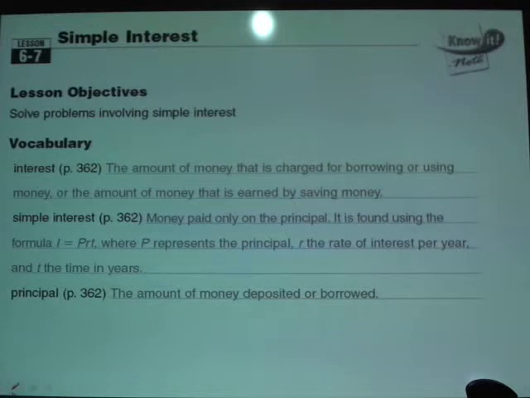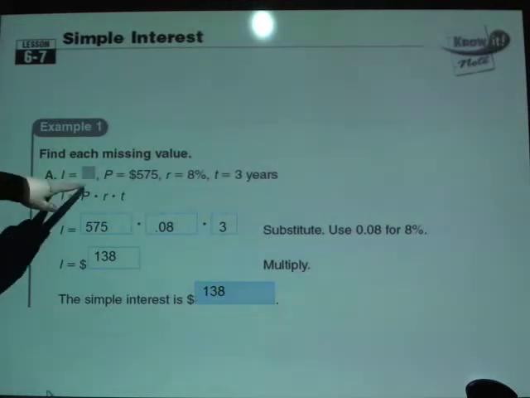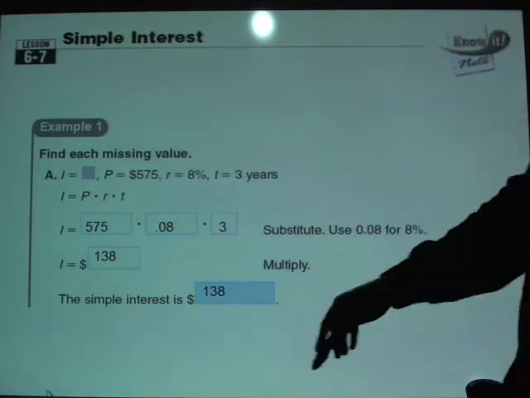All right, so let's go ahead and take a look here. Find the missing value. In this particular question, they're asking us to find I, the interest amount here. That's why this is grayed out. But they've given me the principal, the rate, and the time. Now again, that formula that we saw just a minute ago, and it's written right here, we'll go through it,